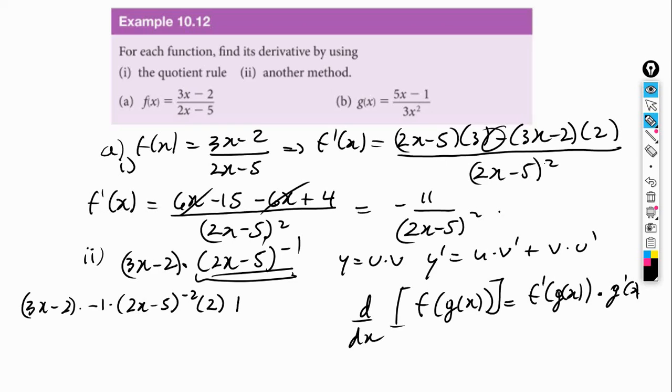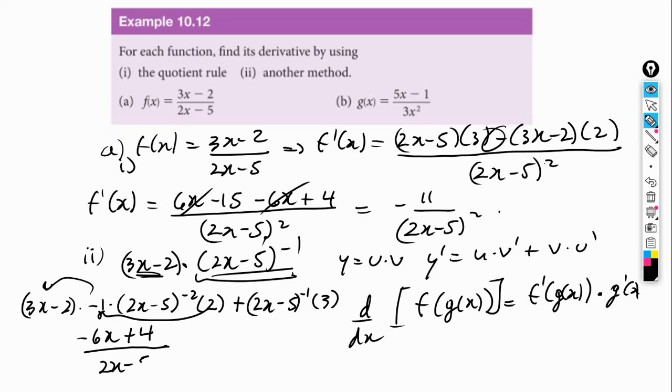And then plus this v, which is going to be 2x minus 5 to the negative 1 times the derivative of u, which is going to be 3. So let's rewrite this, and we're going to get a pretty long expression here. Notice that if I multiply this times this, I'm going to get negative 2, and then negative 2 I can multiply by that. So I'm going to get negative 6x, and then negative 2 times negative 2 is 4, so plus 4 over